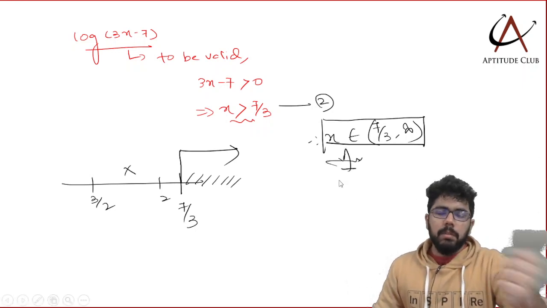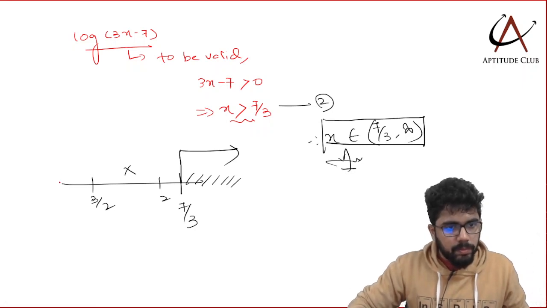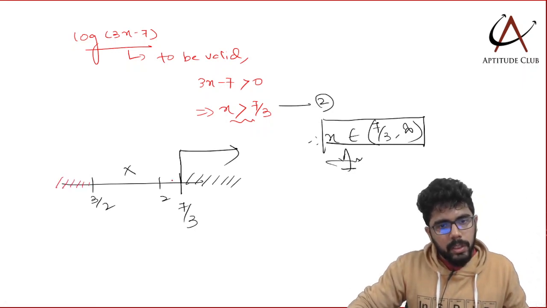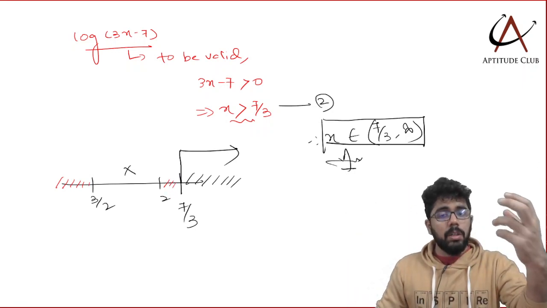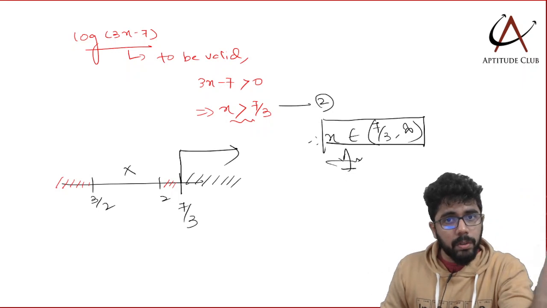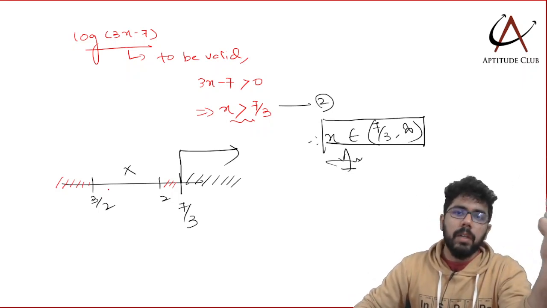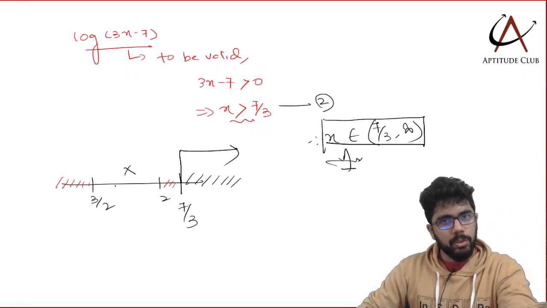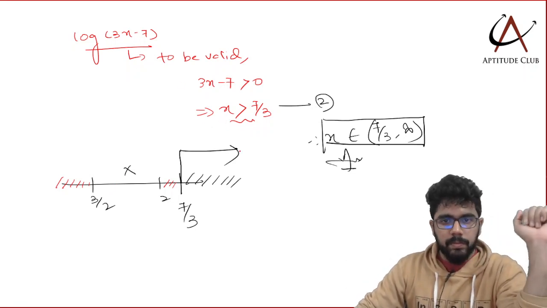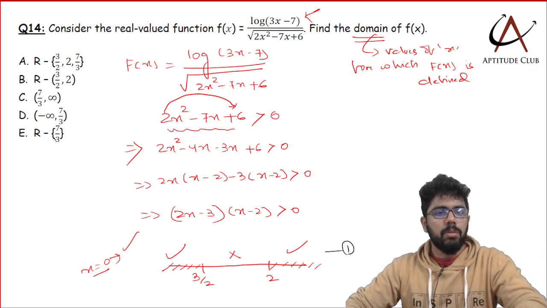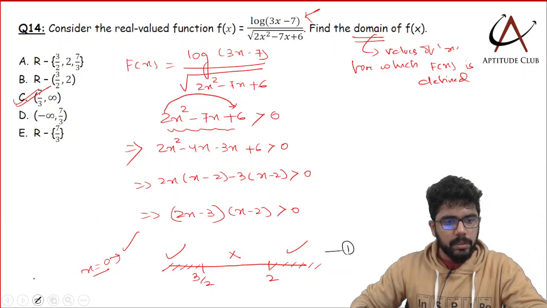So one inequality and just the domain of the log. Because if you take these values, they will satisfy the inequality. This value will, but this value will not be valid. They will not make this log function valid. In this value the denominator part is valid but the upper part will not be valid. I want the overall function to be valid. So for log to be valid, the domain of the log should be greater than 0. So that is why this answer. So option C. Again quite easy, very easy question.